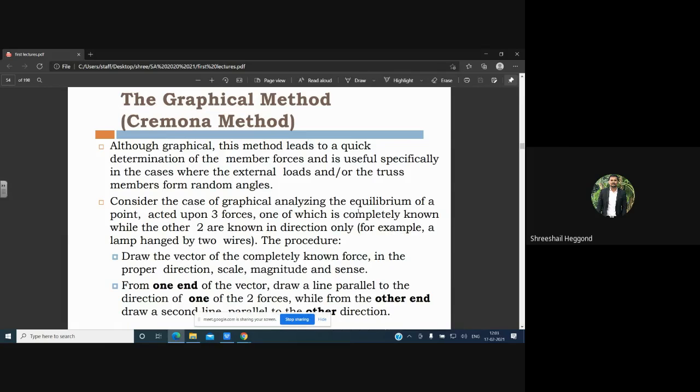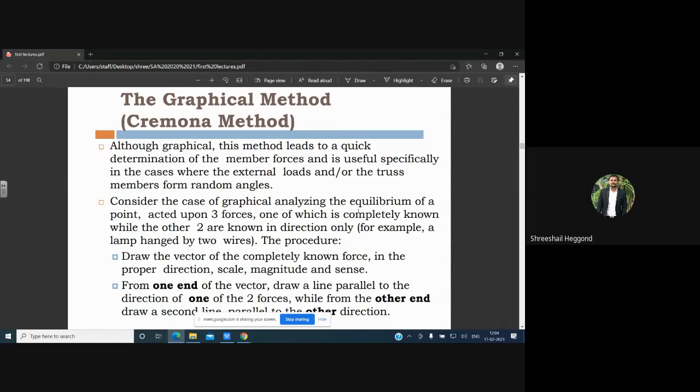The equilibrium of a point acted upon by three forces, one of which is completely known while the other two are unknown in direction only. For example, a lamp hanging by two wires. The lamp weight will be known, and the forces in the two wires you need to find out. That will be two unknowns and one known component. The process is to draw the vector of the completely known force in the proper direction, scale, magnitude and scheme,